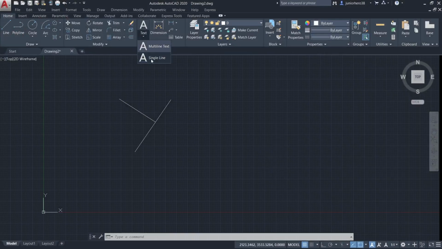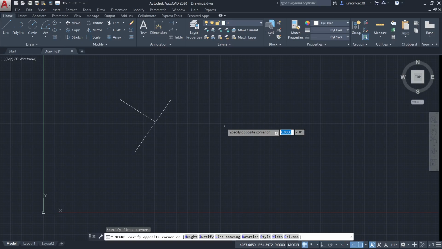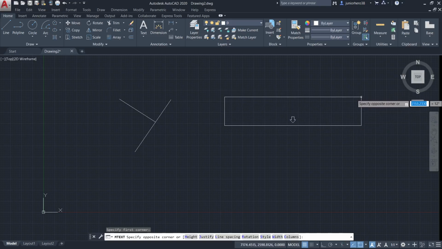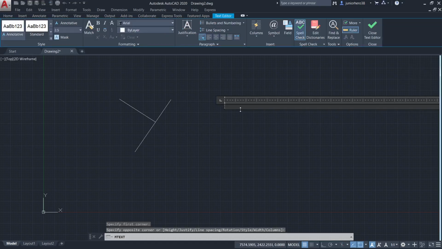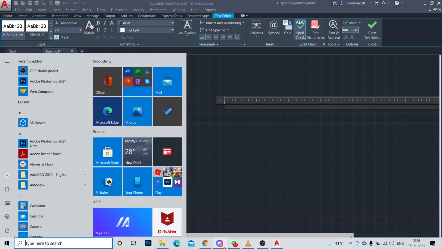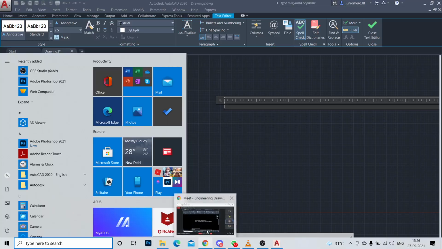Again, you can take text. Text height say 5. Say civil engineering. Okay. Press enter. Again, you have to press enter to come out from the text command.